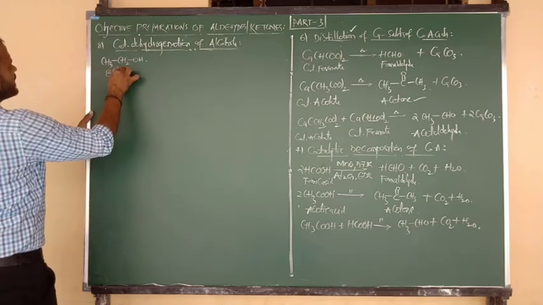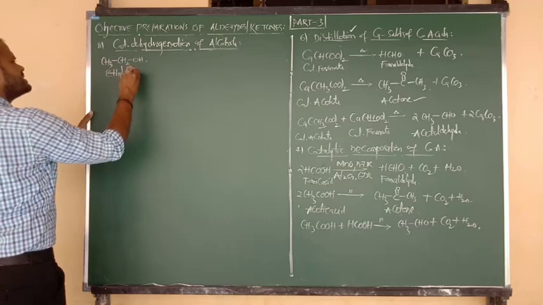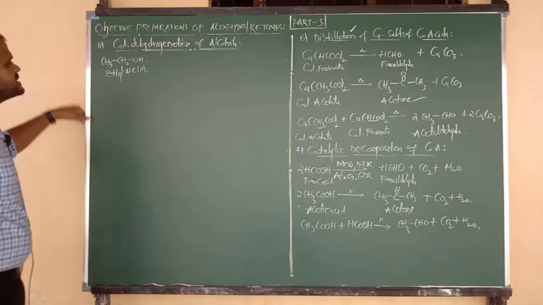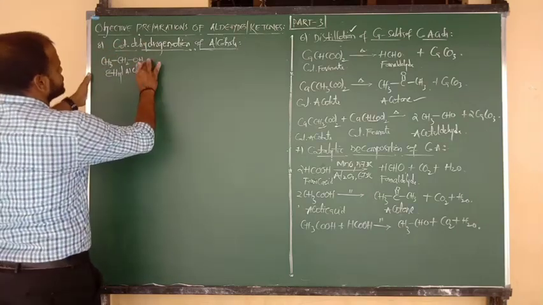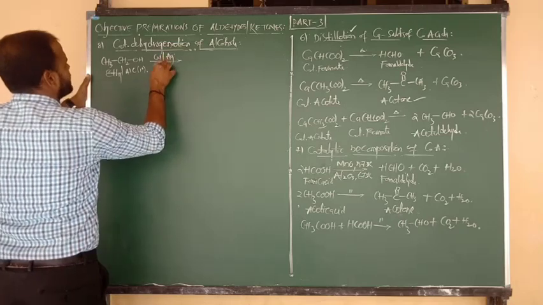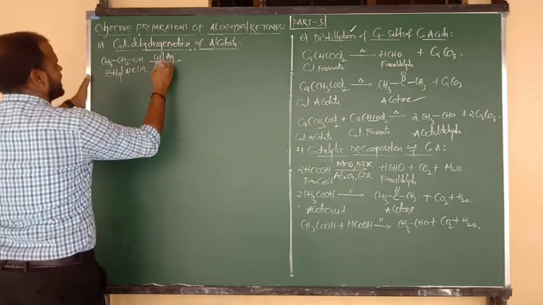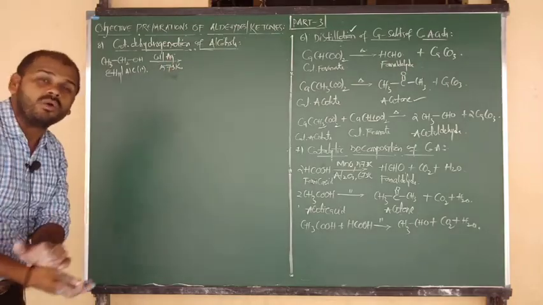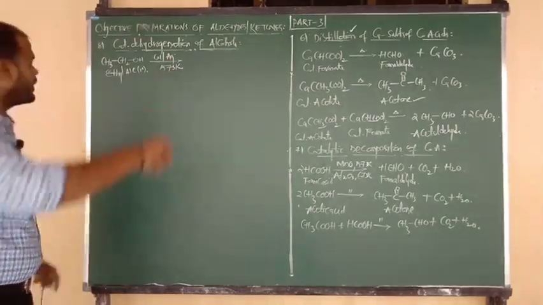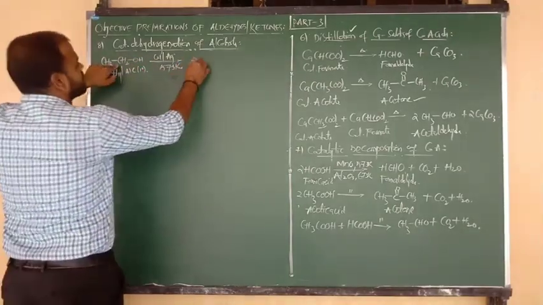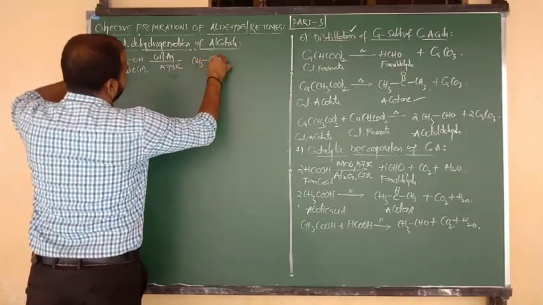This is ethyl alcohol, or we can say ethanol. It is a primary alcohol. Primary alcohols upon catalytic dehydrogenation, by passing over copper or silver at a temperature of 573 Kelvin, always give aldehydes. We have studied this many times for theory and from an objective point of view. So the 2-carbon aldehyde is acetaldehyde.